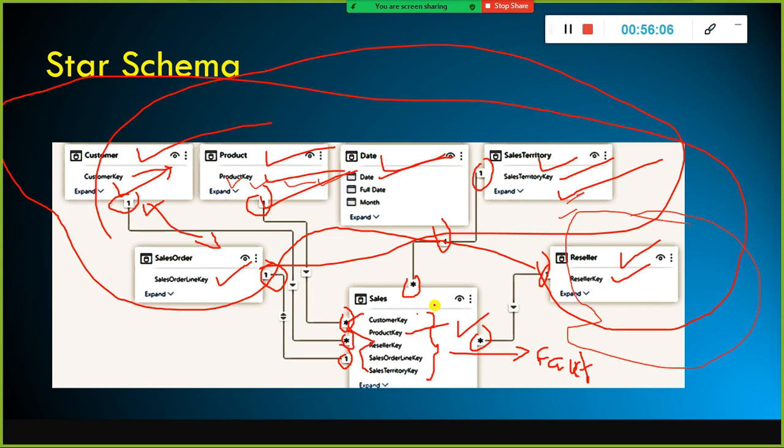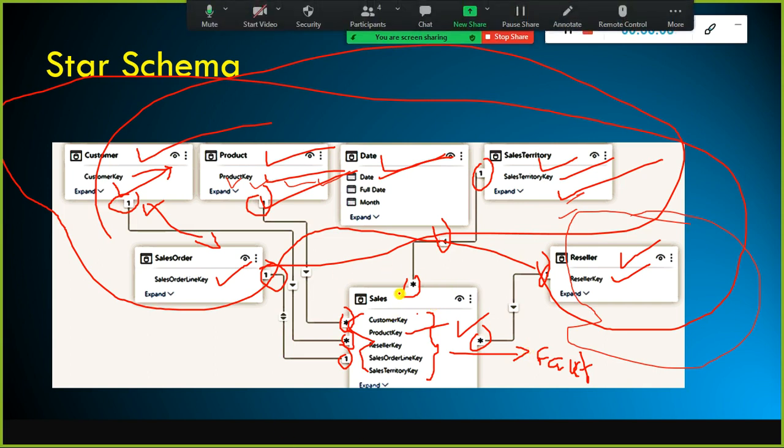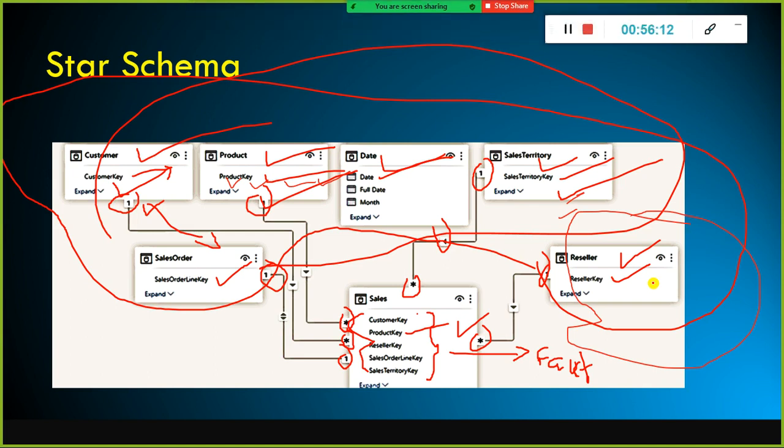Because this fact table is surrounded by multiple dimension tables. Since it looks like a star, hence it is called a star schema. So now you have an idea what a star schema is.